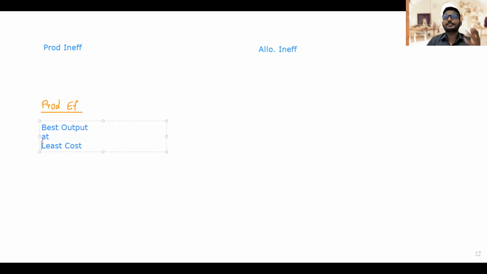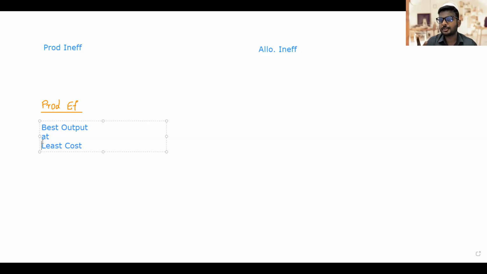Now, productive inefficiency means what then? If productive efficiency talks about not wasting any resource, using everything properly, productive inefficiency means you are not producing the best output at the least cost. You are not using all your resources in the best possible way. That means there are wastages. That's why productive inefficiency is considered to be wasteful when it comes to resource utilization,